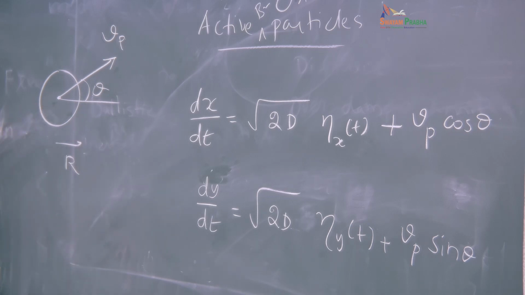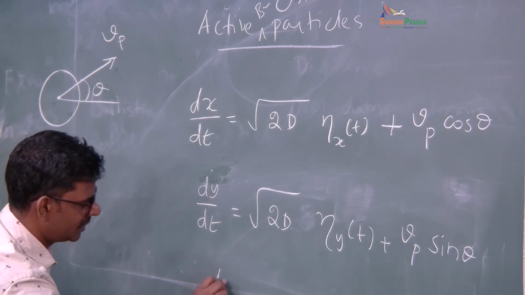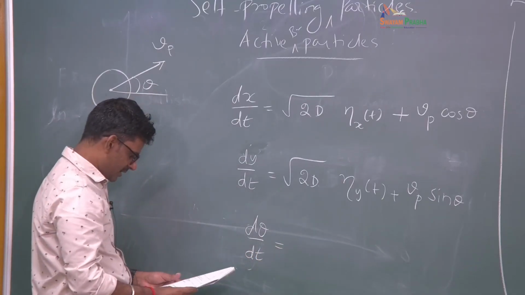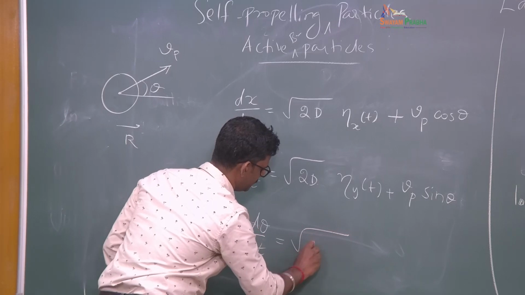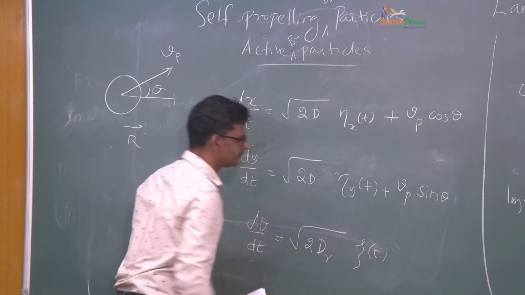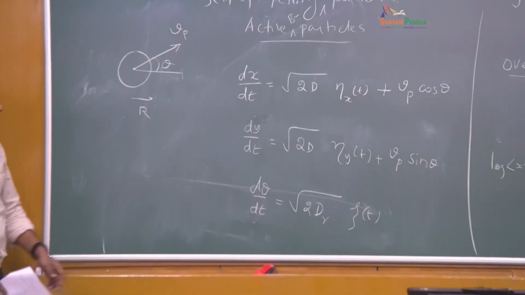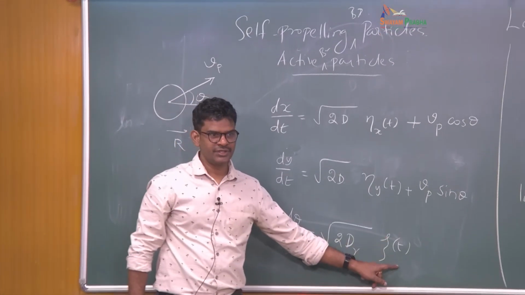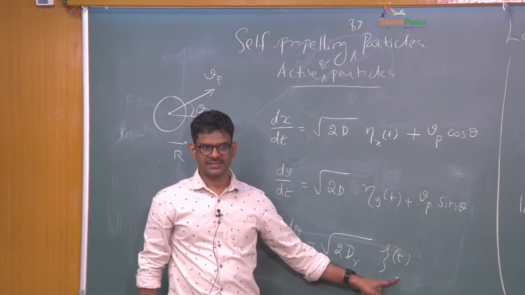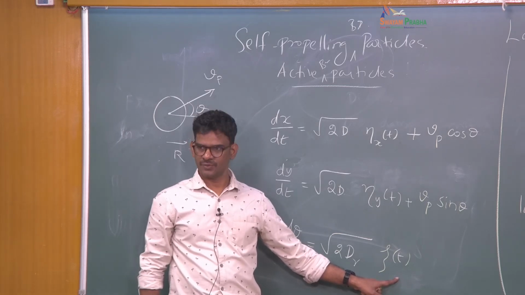Theta is also a random variable. So we have another equation, d theta by dt is given by another random variable here. We say 2 Dr eta t. This random variable is also Gaussian distributed, and has a mean of 0 and variance of 1,